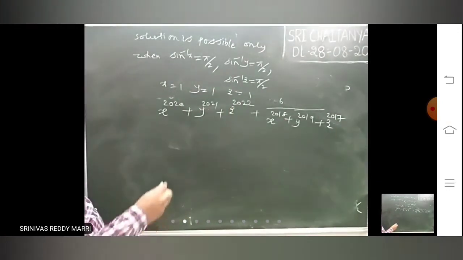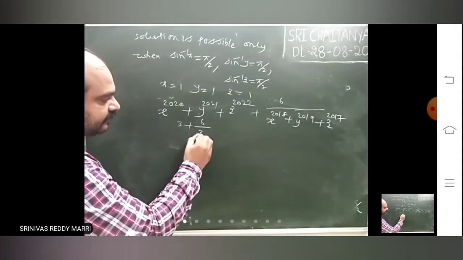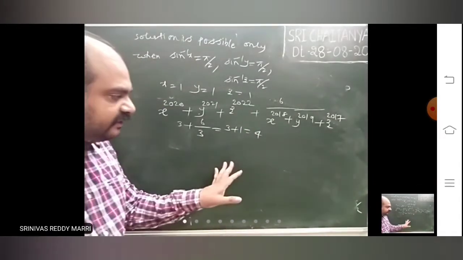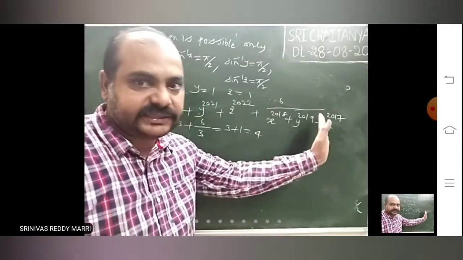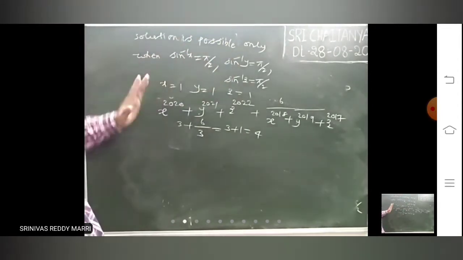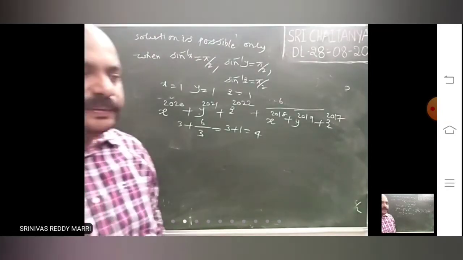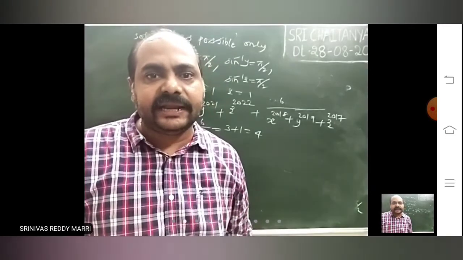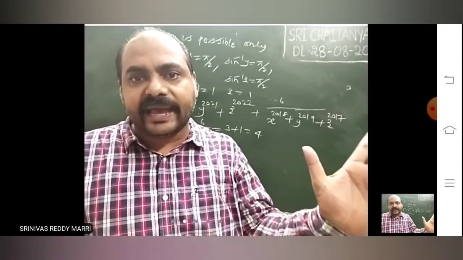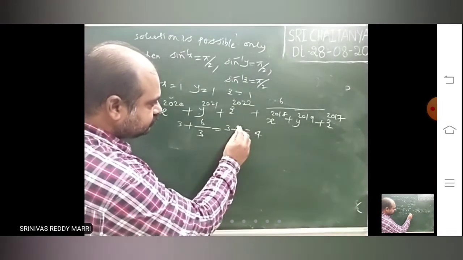X is 1, y is 1, z is 1. What is this? 1 plus 1 plus 1, 3, plus 6 divided by 3. That means 3 plus 2, the answer is 5. By giving that equation, he will give a bigger expression like this. That means simply you take this, this, this. You will get the x values, then find this value. Nothing is there in that. Just simply, when the equation is given, with inverse functions on the left hand side, you take all the minimum values and check, you take all the maximum values and check.